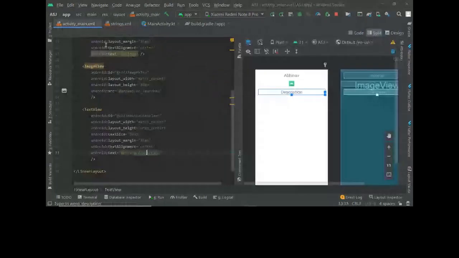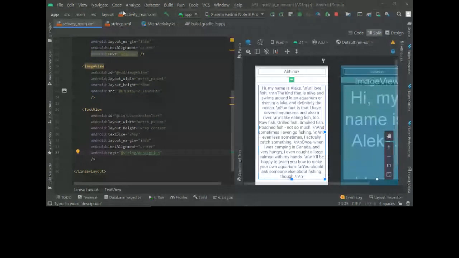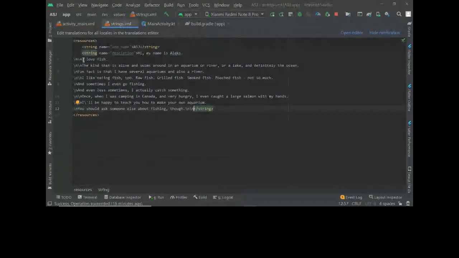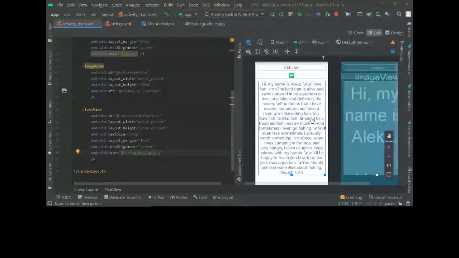So now we check over here and get things like this. Wait, I don't think all these hash slashes are working, but as you can see, you get somewhat like this. There's a big description of all of that.